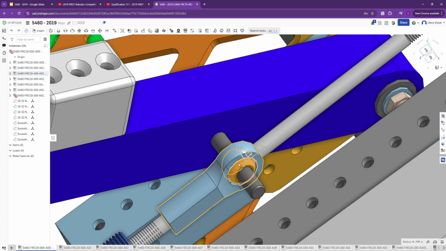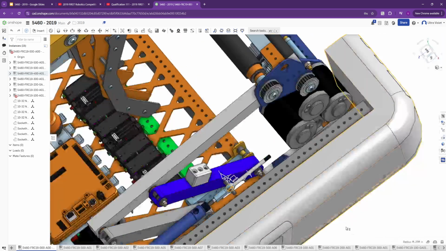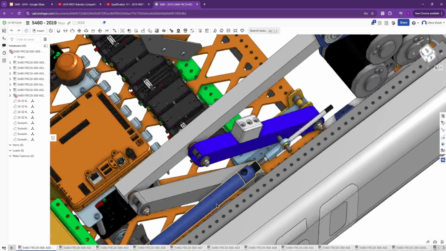rod end or a ball joint. And so this is able to deal with some of the misalignment of this bolt as it goes, without bending the cylinder shaft and allowing this to still move freely. This is a very efficient way to do it. And it does save you from bending some of these shafts and having to replace your pneumatic cylinders, if you're using pneumatics, to be able to have this super simple control